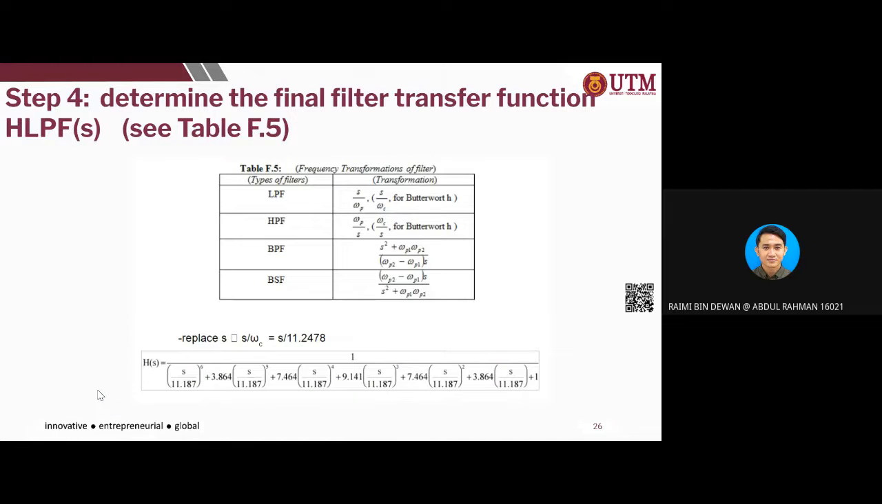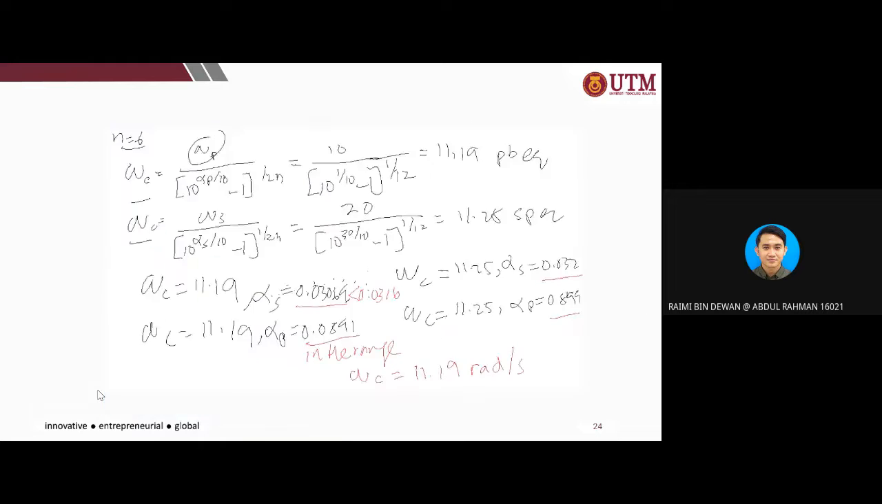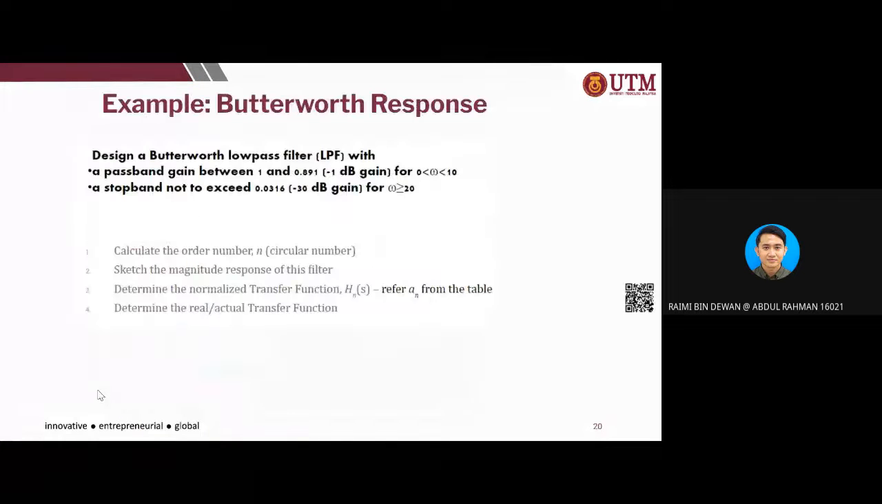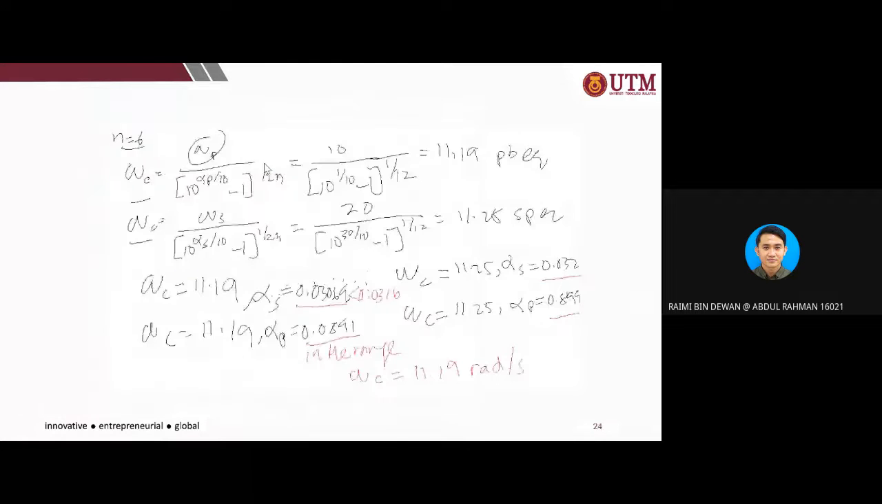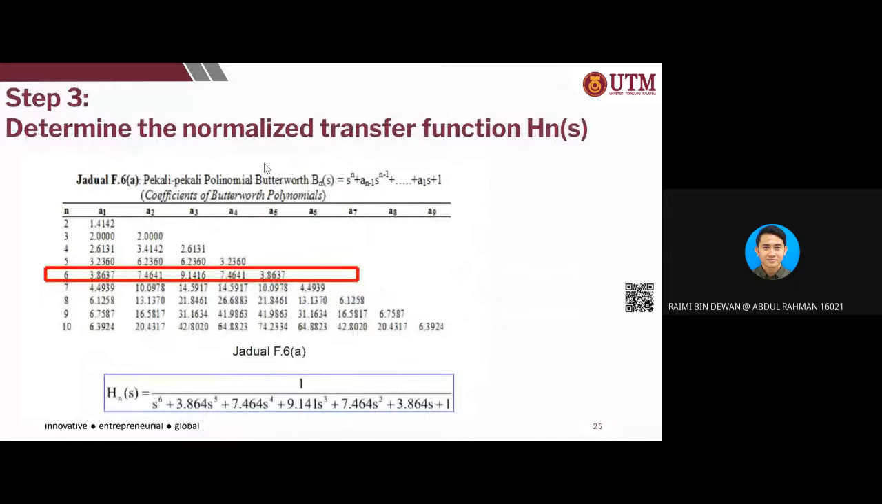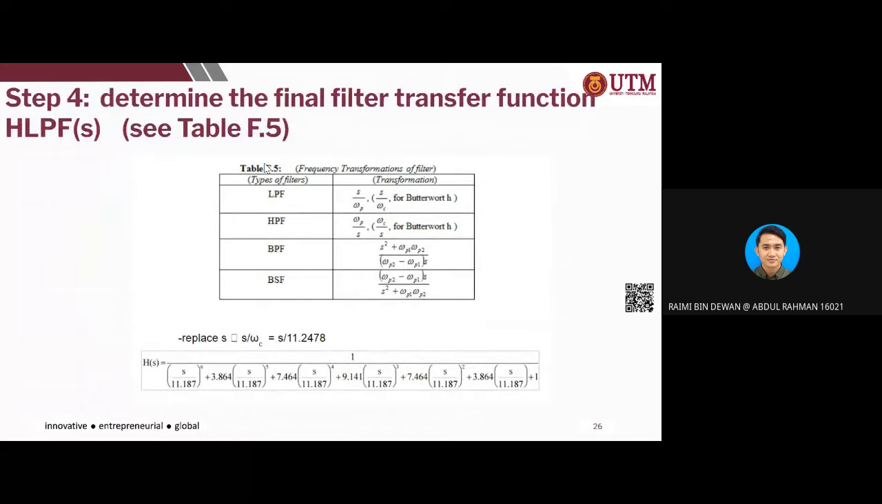And after that, because this question is about, we go back to what they want. They want a Butterworth low pass filter. So Butterworth low pass filter. After you obtain the normalized transfer function, you will go to table 5F.5. Then you need to transform it. To transform it, you need to denormalize it to have the actual